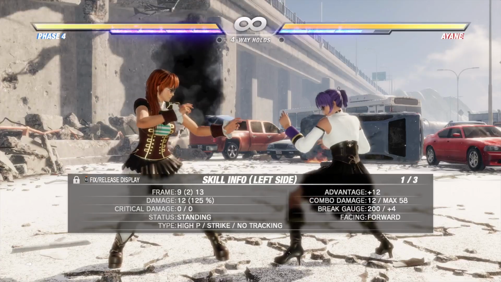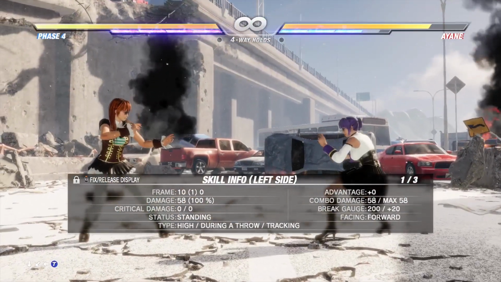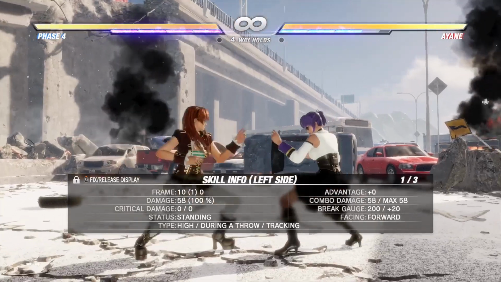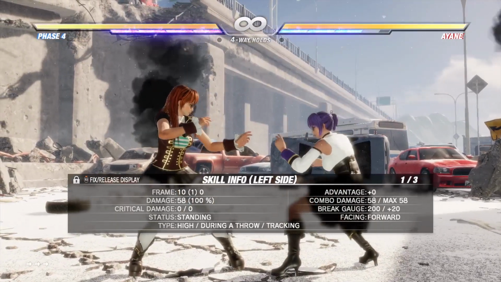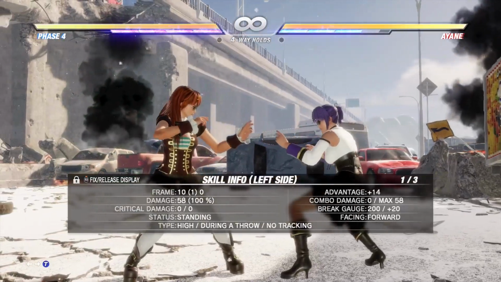Phase 4 has a couple 10-frame throws. Her quarter circle back 214T, that's 58 damage, which is really solid. That's like 92 on high counter. But her interesting throw is her 4-6T, back forward T. You see right here,